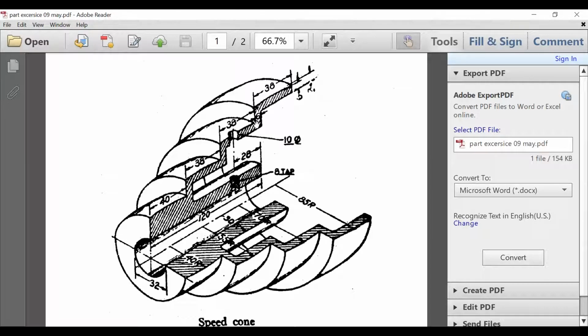Or else the second way: the hatched portion is the cross section of this profile. So draw the cross section and revolve the component, and that is how you get this. So there are two different ways, and now you have to think which method you need to follow. The first step is to draw the profile and revolve it with respect to a given axis. That is the intuition you have to get into your mind.